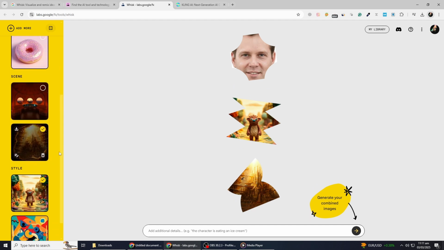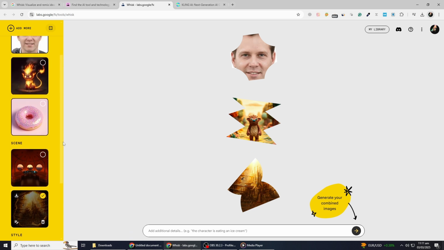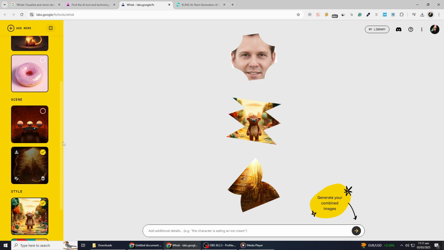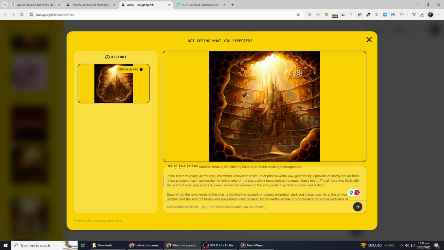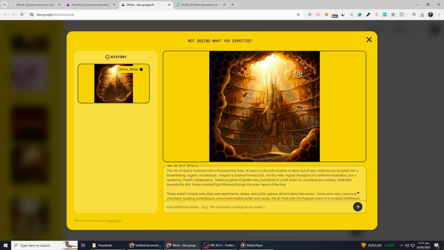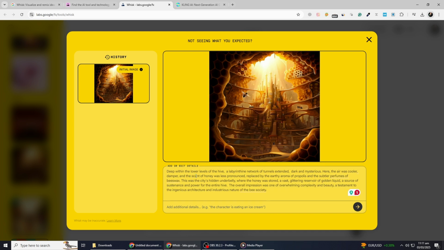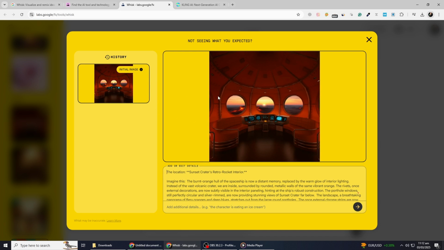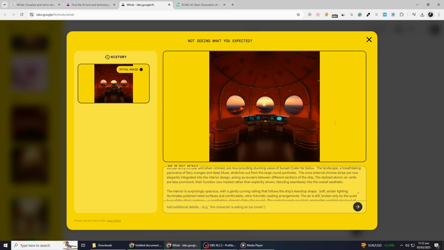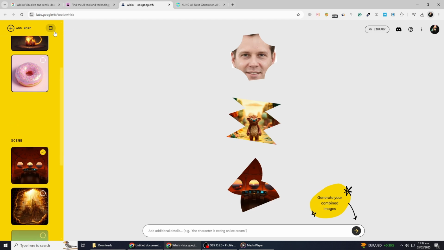This feature makes it easier for those who may not have a specific scene in mind or prefer a quick solution. Additionally, Google Whisk provides the option to customize scenes by writing a description in the scene menu. If the pre-made options don't suit your vision, you can describe the scene in your own words, and the tool will generate a background based on your description. This flexibility allows for endless creative possibilities, whether you're aiming for a realistic setting or a completely imaginative world. With its user-friendly interface and a wide range of options, Google Whisk ensures a convenient and personalized experience for every